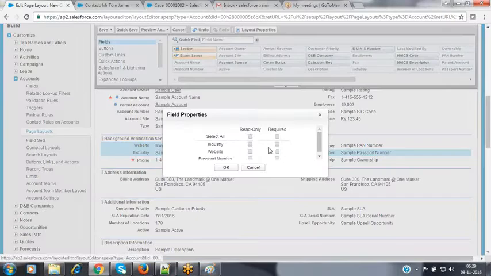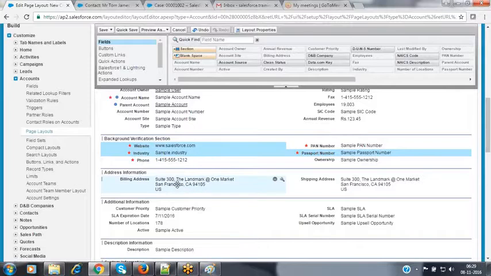Now click on that properties link. You can make multiple fields required in a single shot. Now click on OK. So what happened in this page layout is that I am making a few fields mandatory: one is the website, second is the industry, third is the passport number. For my background verification, these fields are mandatory that we are going to cross-check from every customer side, so that we can specify these options, whatever fields you want.